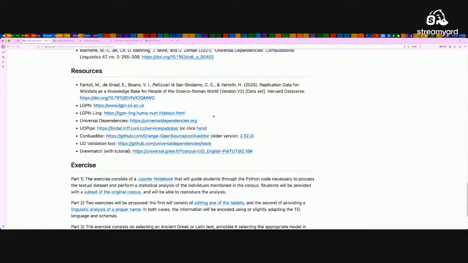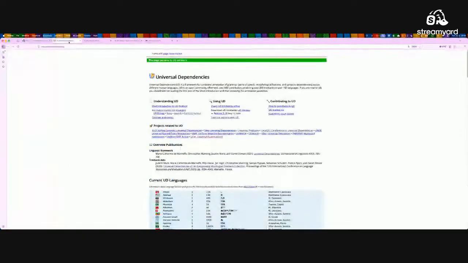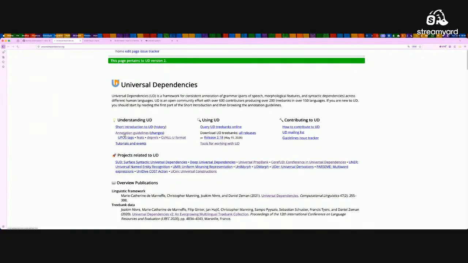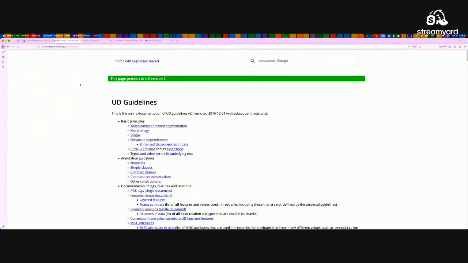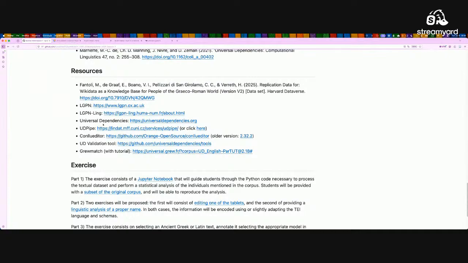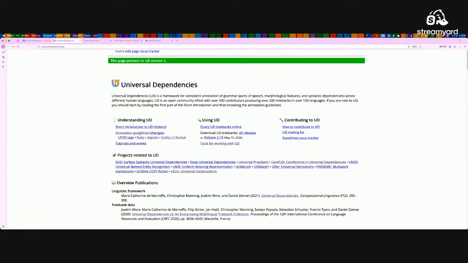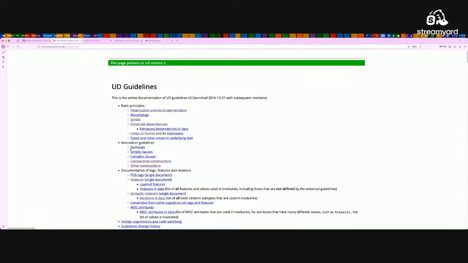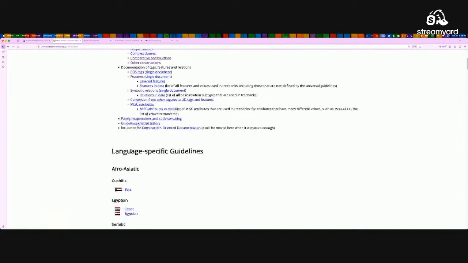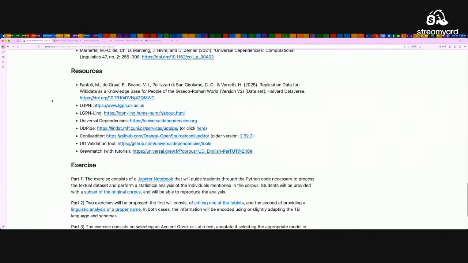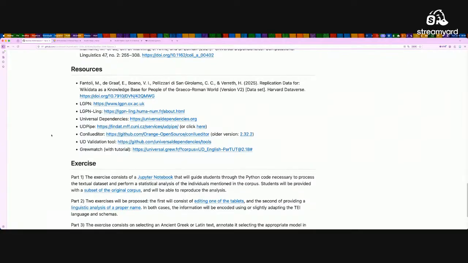But also the metalanguage that we are using for the annotation. So for that, you will really need to know your annotation guidelines very well. At the website of Universal Dependencies, as you saw, you can click on the annotation guidelines and review how the different constructions are annotated across the different languages, but they are universal, so they should be common to all the languages.